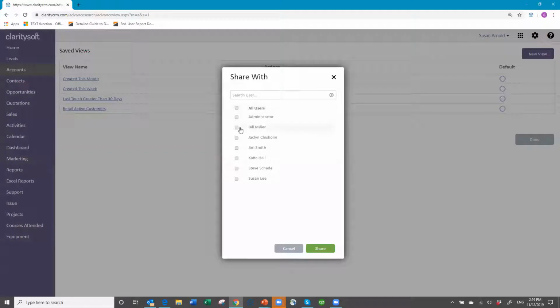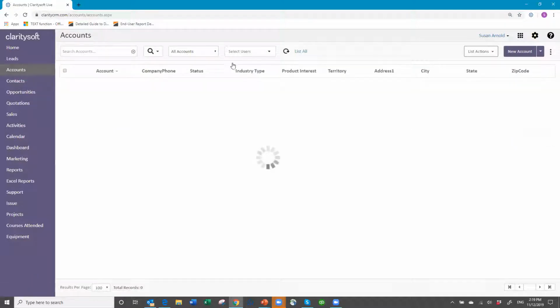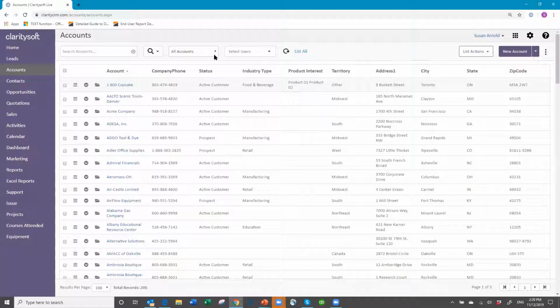So I can say, well, I want to share this with these guys because they could use this. Then the next time one of them logs in, when they go to that drop-down list, they will see the active customers retail or active retail customers in their list. And so you can share it. Now, the other thing will be that they can see that. They won't be able to edit the view because you created it, but they can see it and use it,